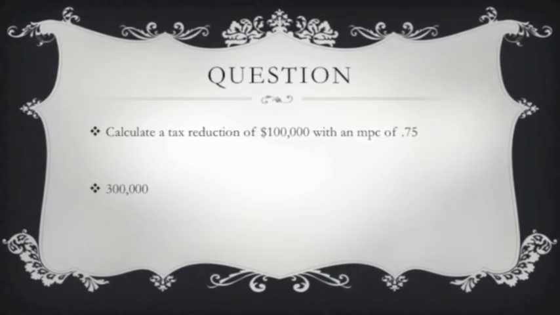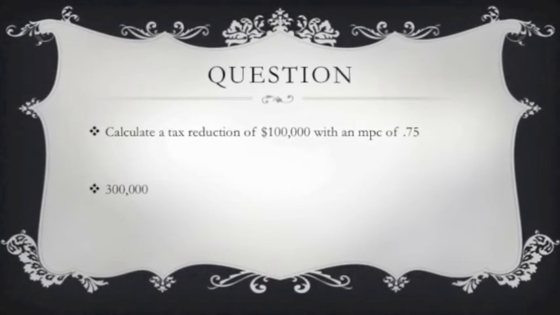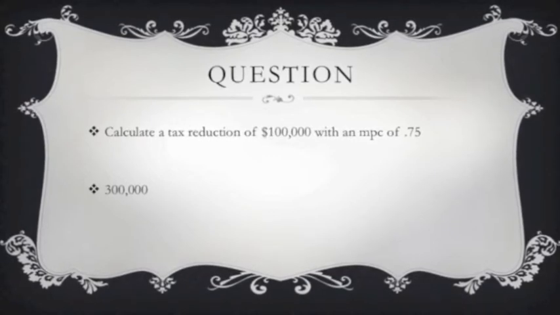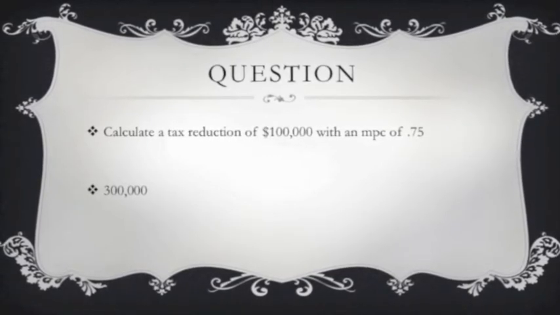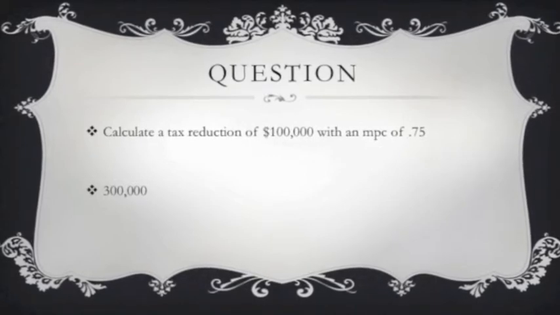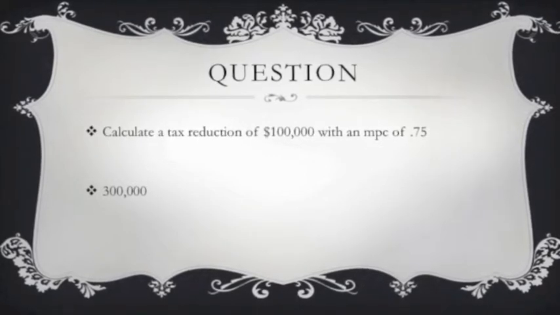Now let's try out the tax multiplier. Take the negative MPC of 0.75 and put it over 0.25, which is the MPS. This gives us a multiplier of negative 3. Since it is a tax reduction,